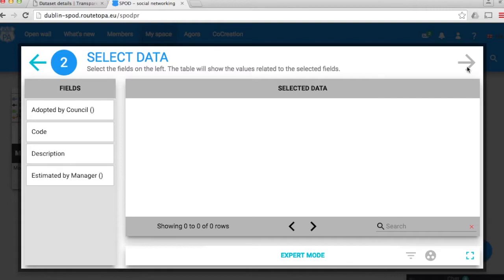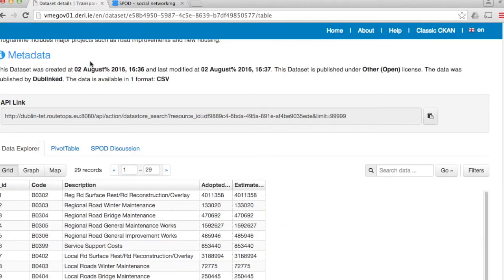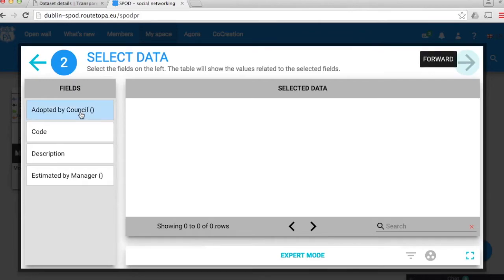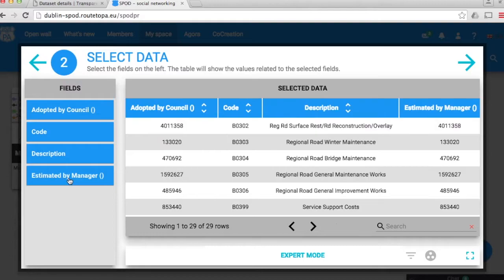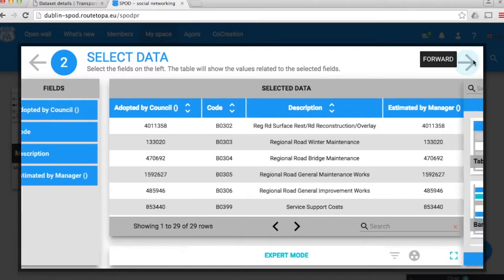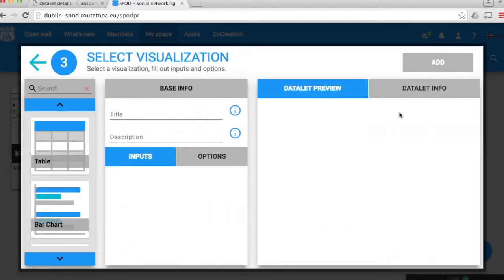And what that's actually done is something very clever. It's brought in the 4 columns. If we just go back briefly to TET, we'll see that the 4 columns are code, description, adopted and estimated, and coming back to SPOD, that's what it's brought in. So we'll highlight all of those because we want to use all of that data in this particular visualization. So we click it. Once we've highlighted those, we click the arrow again, and this brings us across to the